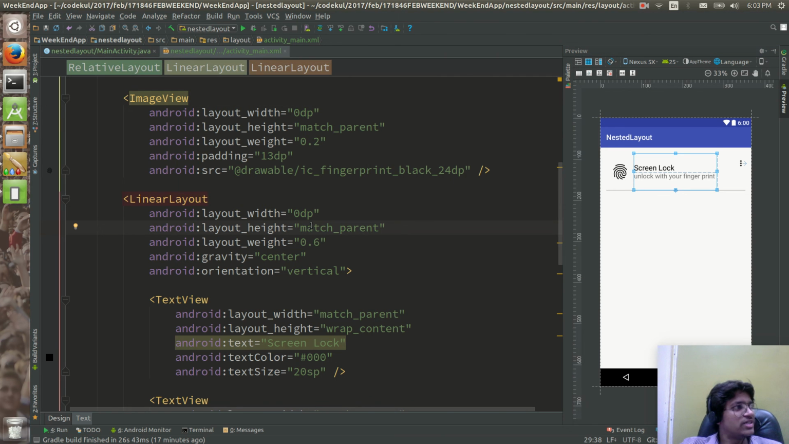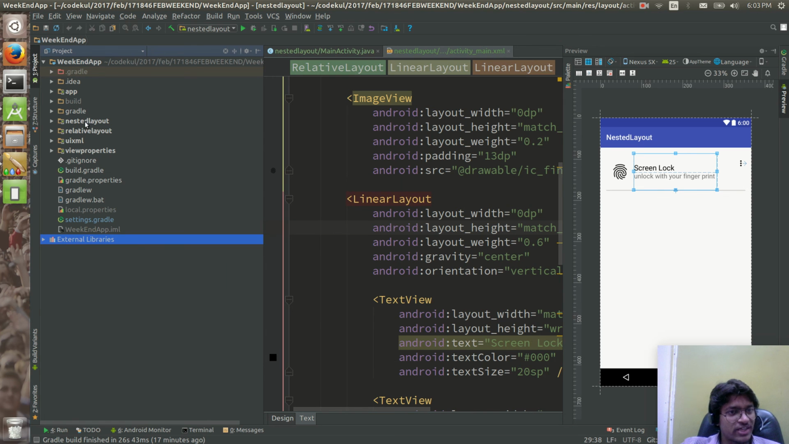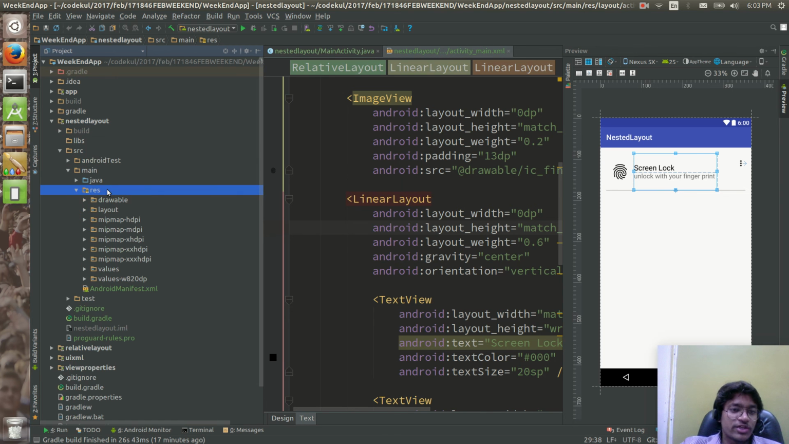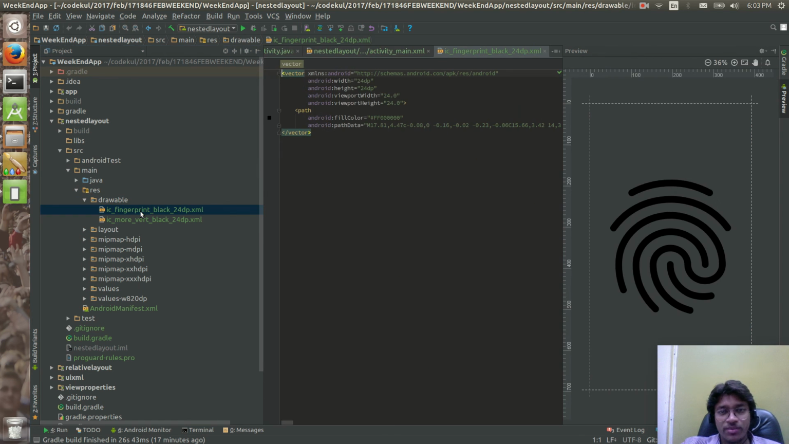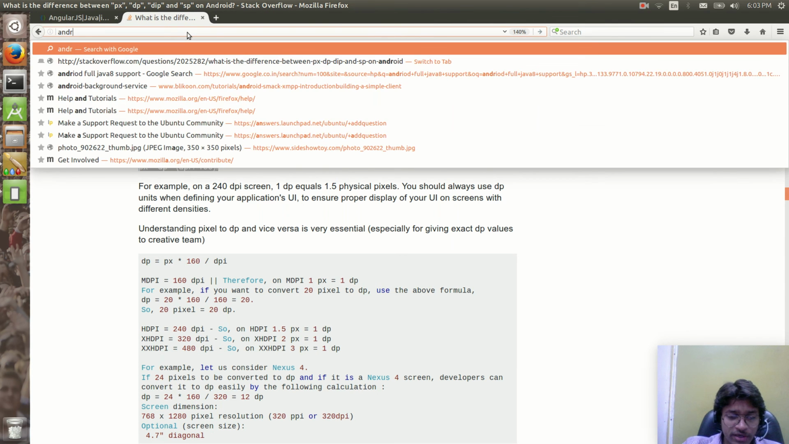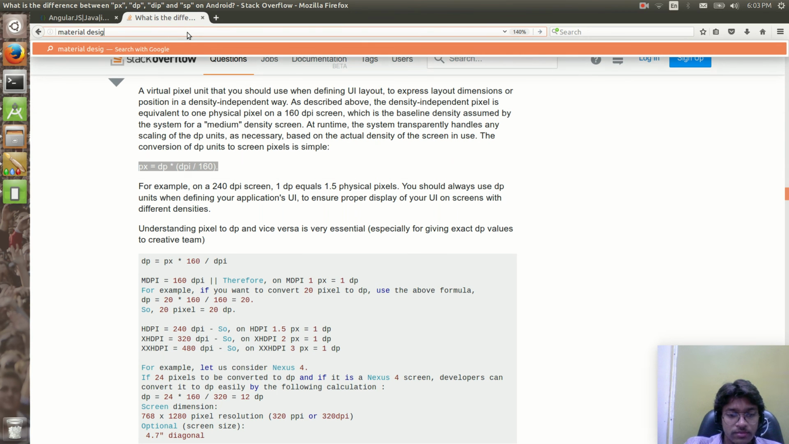So it is an SVG. You can change it directly by going inside the SVG. I'll show you. See, open your SVG, nested layout, source, main, then your resources, drawable, and the fingerprint. This is that image, right? I need to color it by some color. Okay, now go to the material design color,